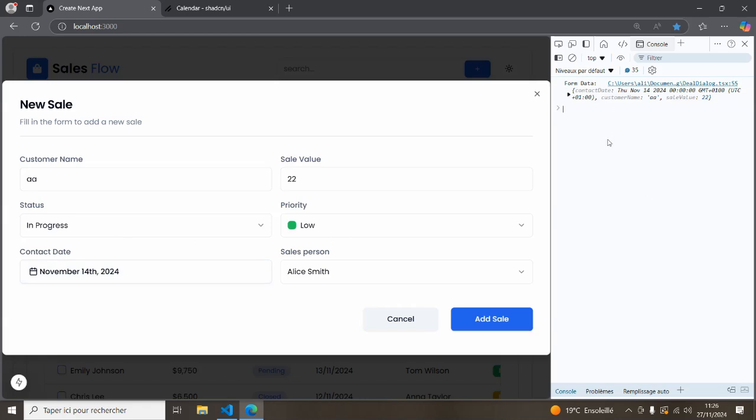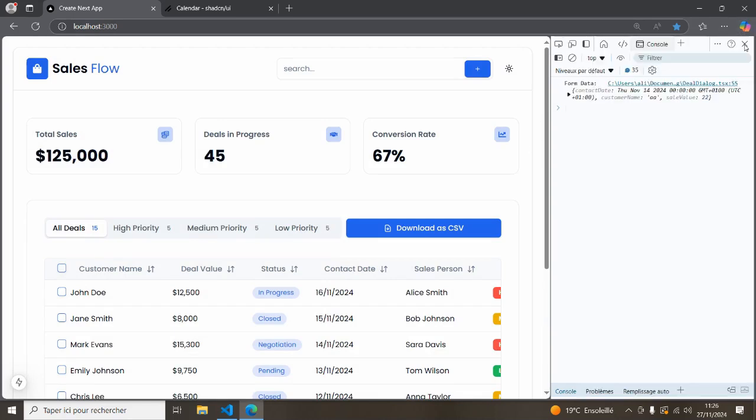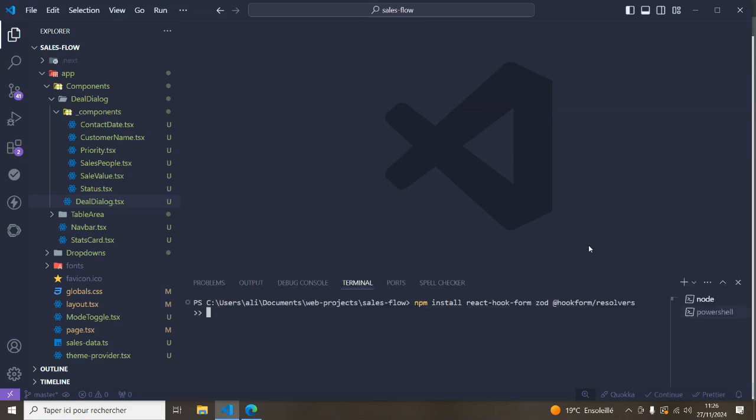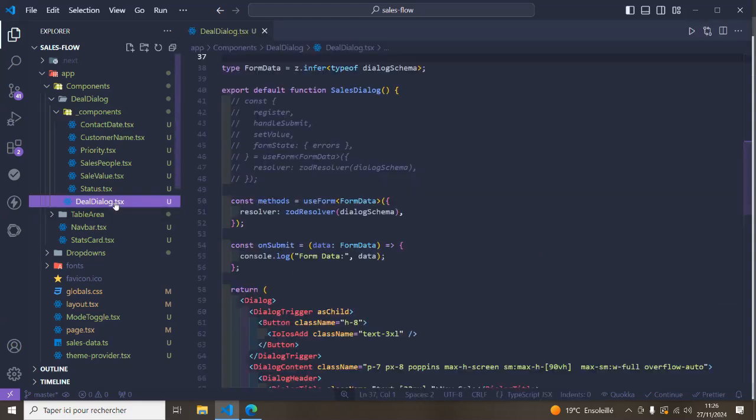But first, I want to show you the process of how to set up Zod initially and React Hook Form. So let's go back to our VS Code. And first, we need to install the dependencies. So we're going to install React Hook Form, we're going to install Zod, and also the Hook Form resolver, so you can use Zod inside the React Hook Form library. So after installing this, let's open up our deal